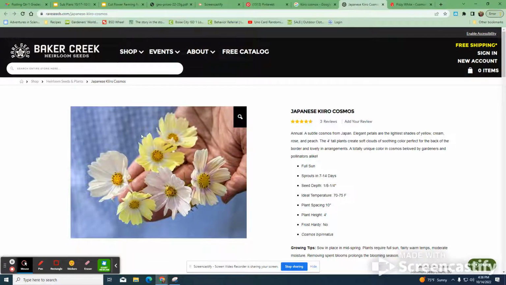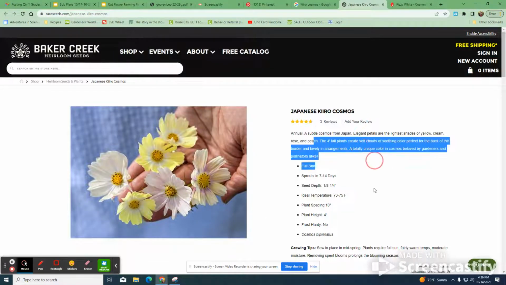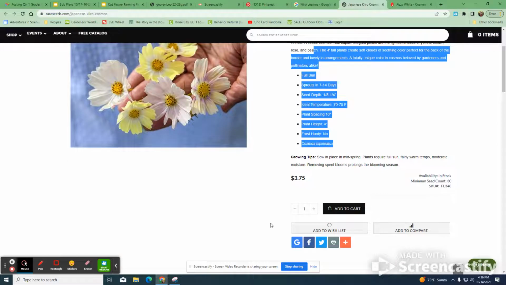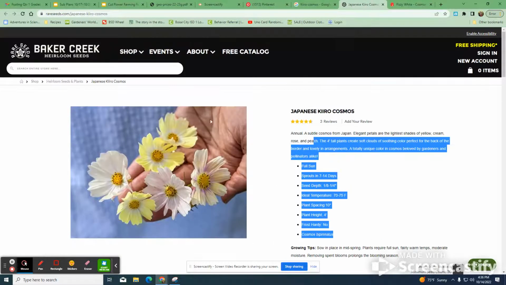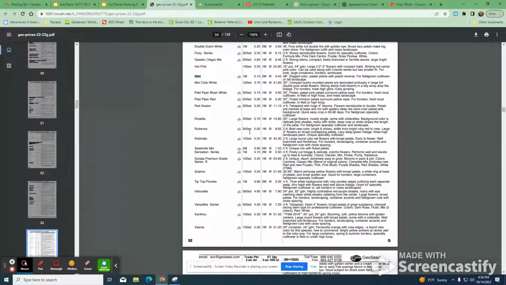Okay, so here's the picture. They're kind of funky colored. It talks about what they look like, growing tips. Might have some customer reviews with some other pictures. Baker Creek Heirloom Seeds. There are a lot of vegetables that I order from there. All right, so